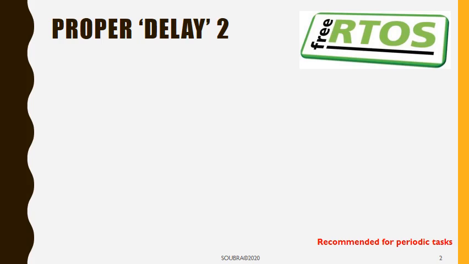And another way to delay in a more proper way was the use of the task delay function call with the specified time in milliseconds when it comes to us as humans, converted to ticks when it comes to the operating